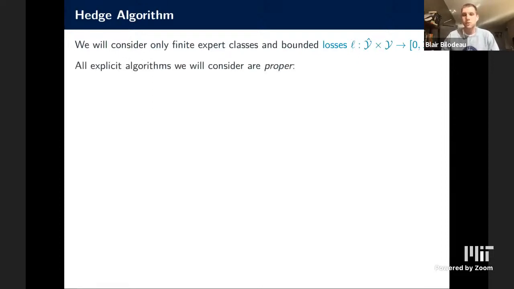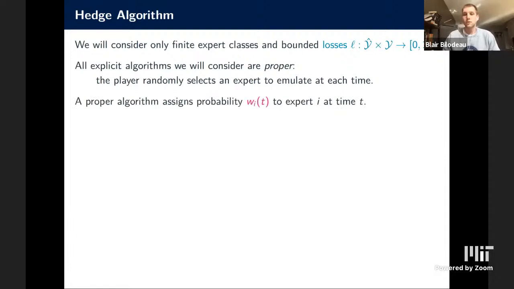We're also going to consider proper algorithms in this work. And so what a proper algorithm means is that rather than making an arbitrary prediction from your prediction space at each round, you pick one of these finitely many experts and you emulate them at that round. By emulate, we just mean you play exactly the prediction that that expert has played. And so one way to view this is that the algorithm is going to assign a distribution to these experts, which we denote by this weight vector W, and then randomly sample an expert according to that distribution and emulate